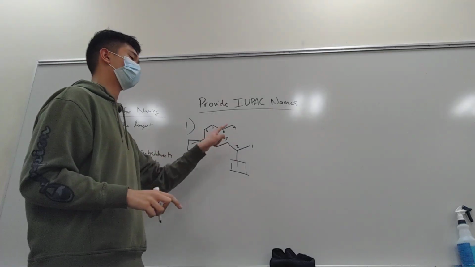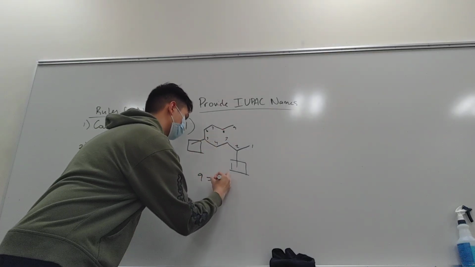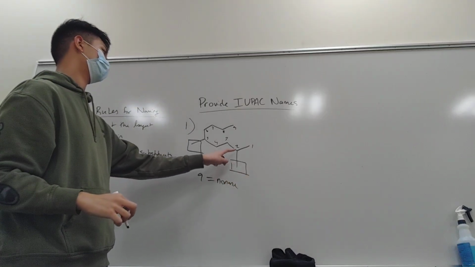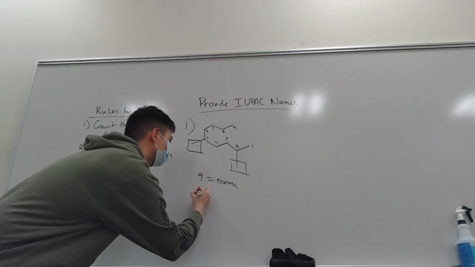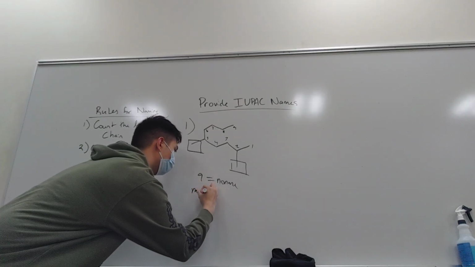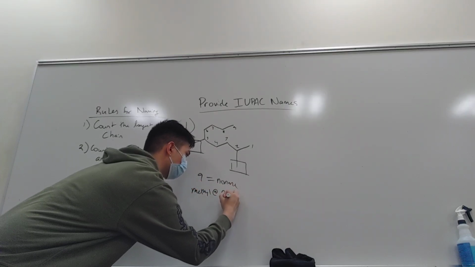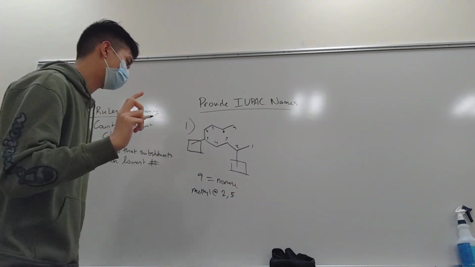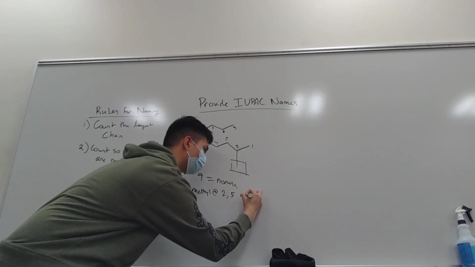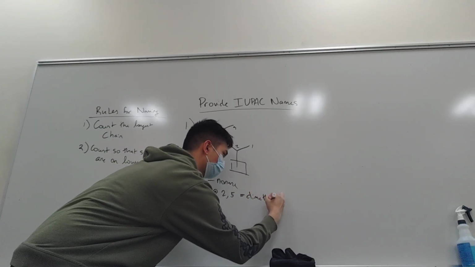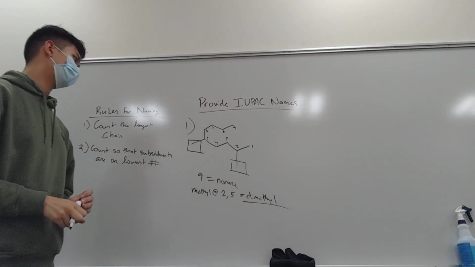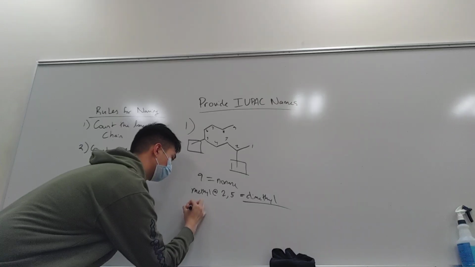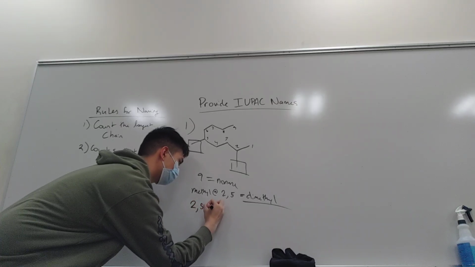Since we have a 9-carbon chain, that is a nonane. And we have a methyl at carbon 2 and carbon 5. All right, and since we have 2 methyls, we have a dimethyl. And to put this together, we go for the 2,5-dimethyl,